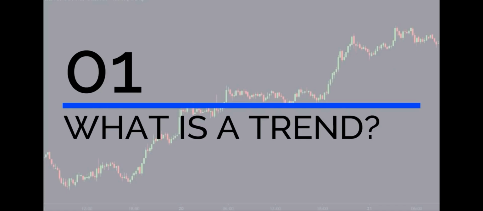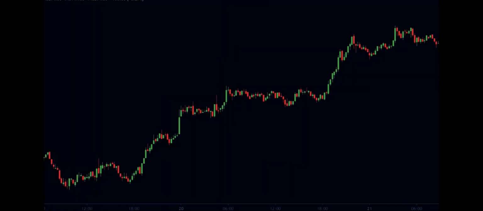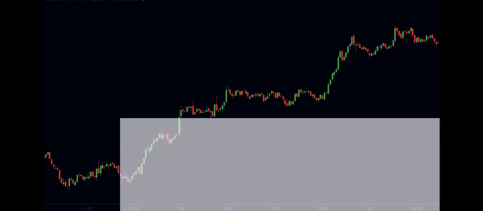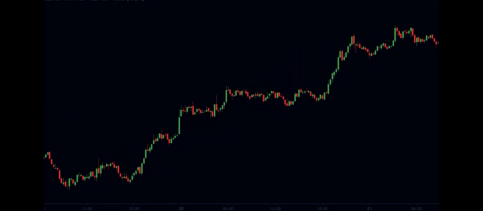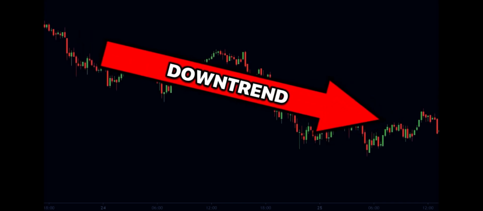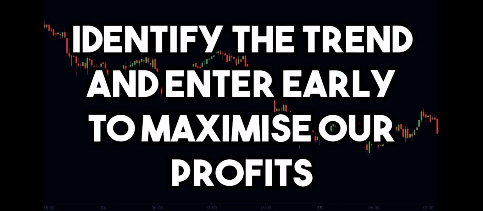So first, let us understand what exactly a trend is. In simple words, a trend is the overall direction in which the price moves. When the market is moving upwards, we call it an uptrend. On the other hand, when the market is moving downwards, it is called a downtrend. Now, a lot of traders always prefer to trade in the direction of the trend. Hence, it becomes quite essential to identify the trend of the market and enter the trend early so that we